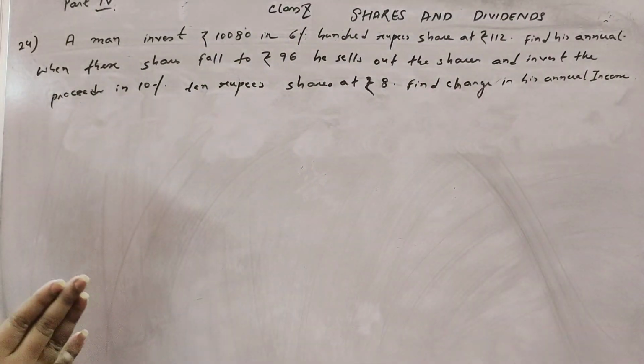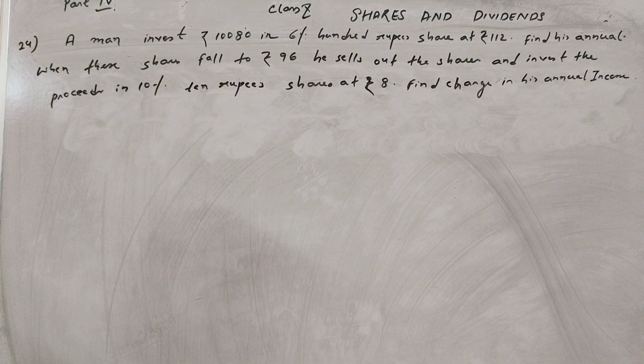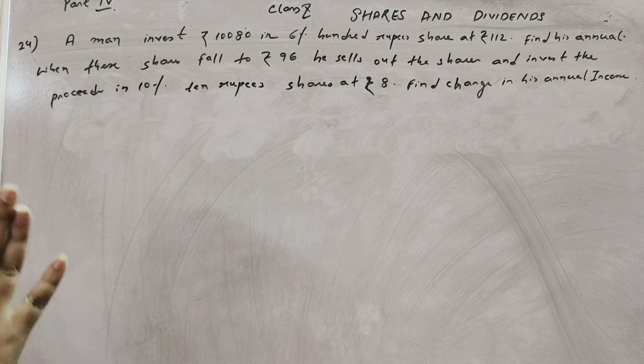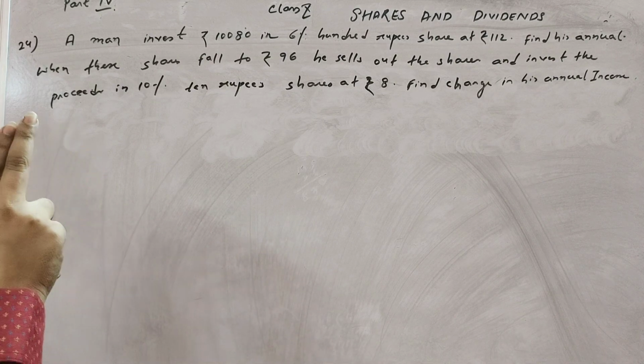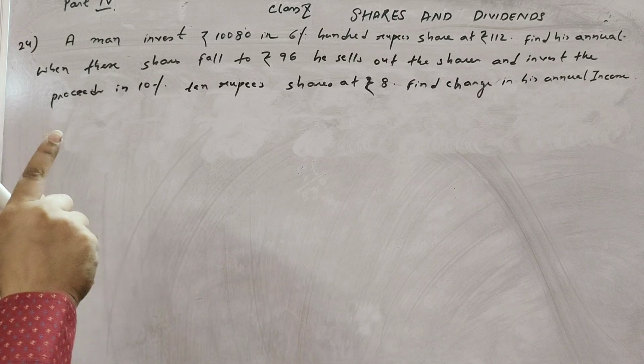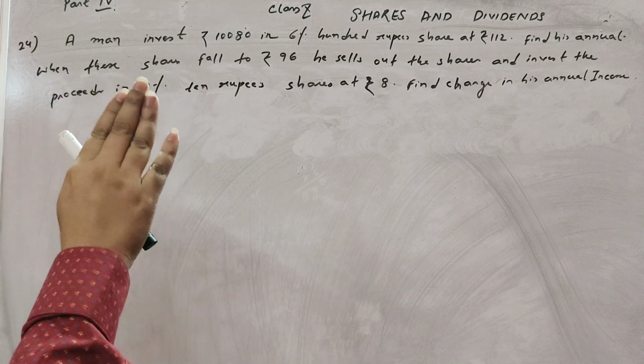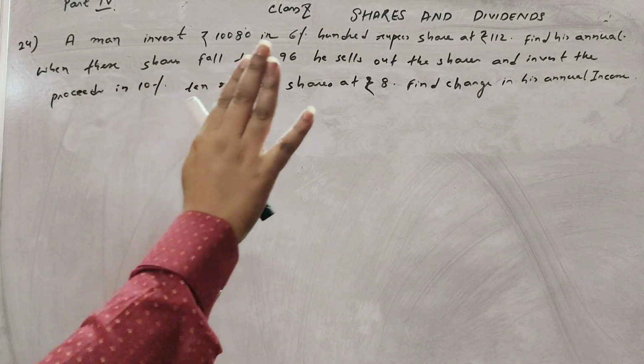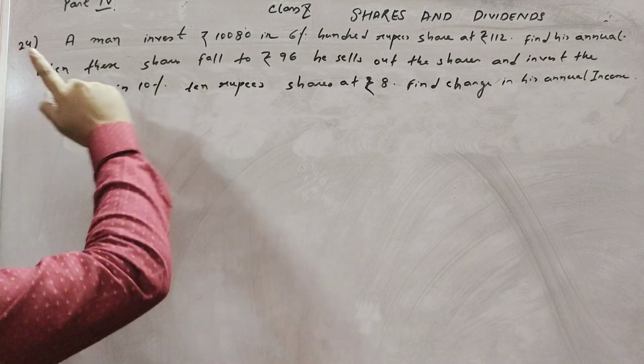Okay, a man invests rupees 10,080. Again I repeat, a man invests 10,080 in 6%, 100 rupees shares at rupees 112. Find his annual income. So for the first line of the question,